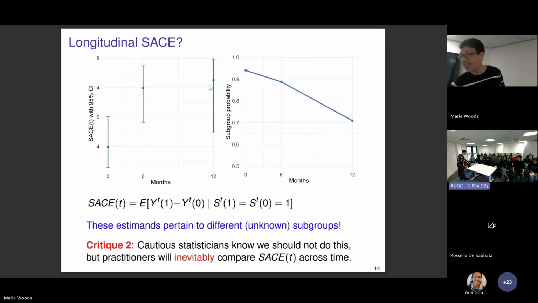Any questions? How are you estimating that quantity? Is it some sort of inverse probability weighting? How do I estimate the size? Yeah, it's through some sort of instrumental variable-like techniques.